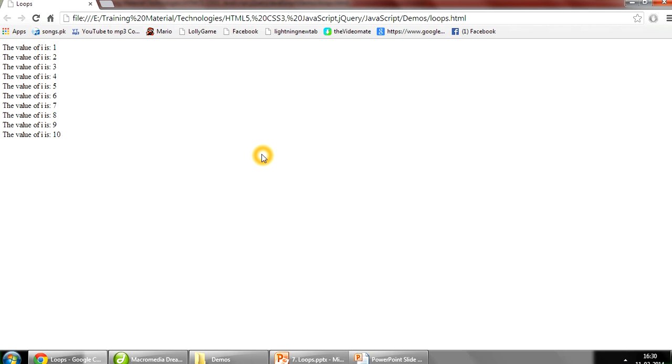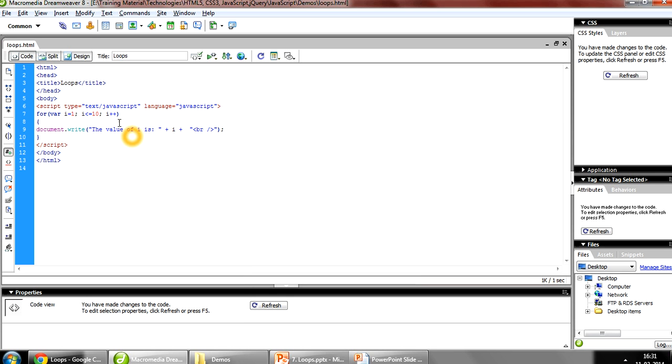You might be wondering that your while loop, your do while and for loop are almost the same, but do while loop will check the condition in the end. It will at least execute the statement once whether the condition is true or not. The while loop is basically used when you don't know how many number of times you want the statements to be executed. Like no need to write the increment line over here. You can just initialize and put the condition. Like sometimes you want to fetch the data from the database. And your for loop is used when you are sure that you have to execute the loop some number of times.